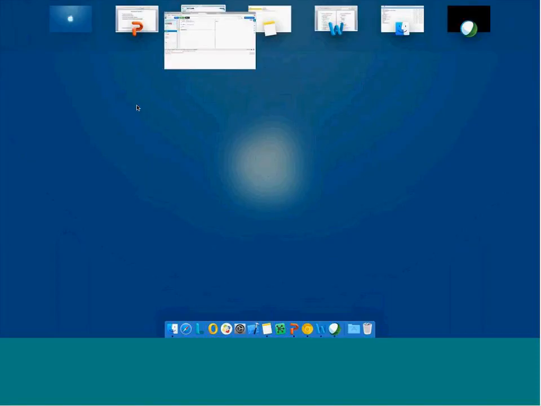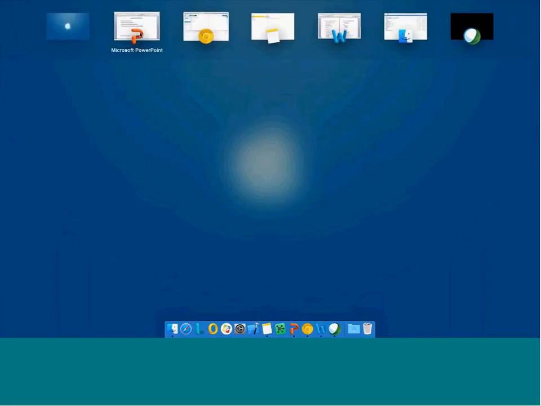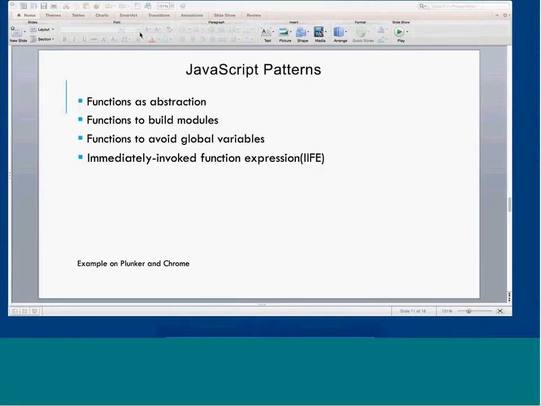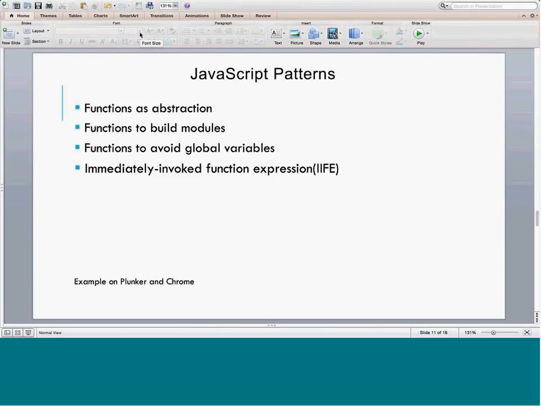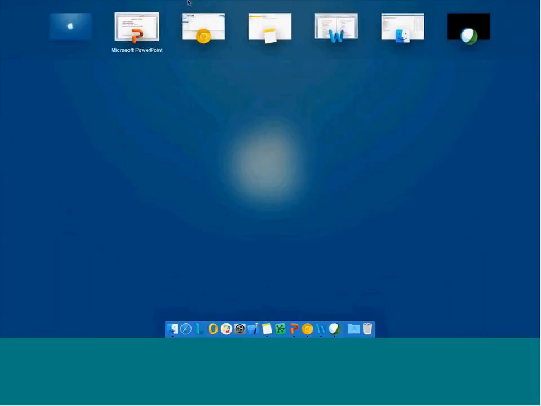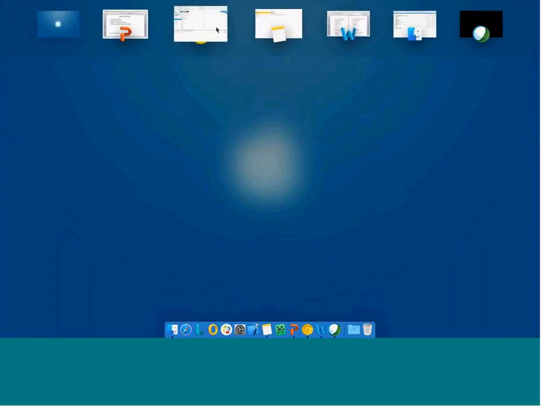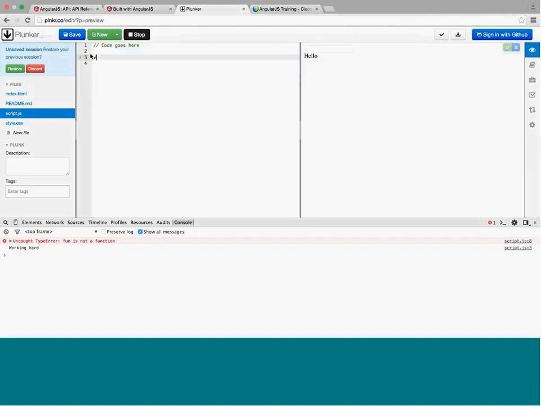Then the next point, which is functions to build modules. So JavaScript follows the modular approach. So we can use functions to build modules. So how to structure the module, like this. So here we can create a variable or an object, I can say, from a function, let's say, or a constructor, what we call in other languages,